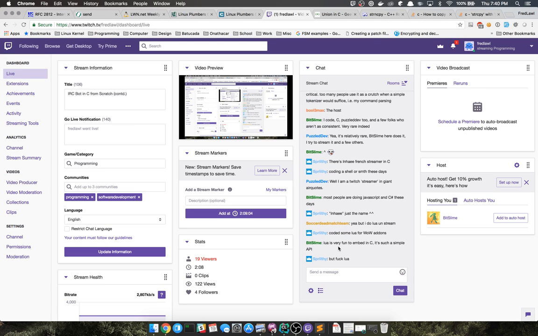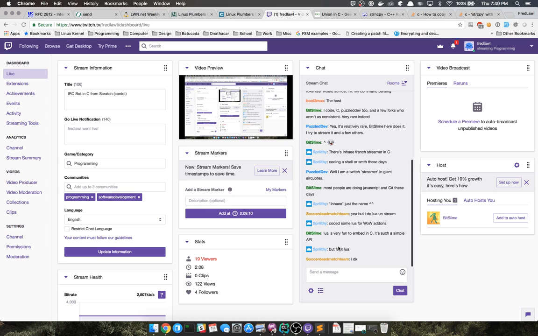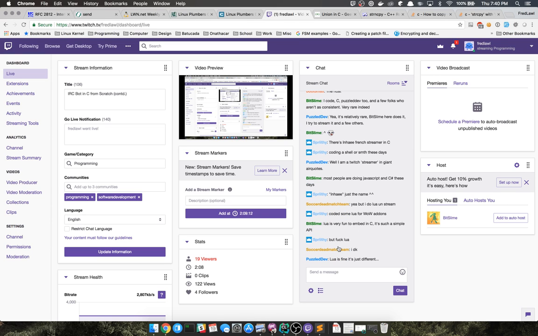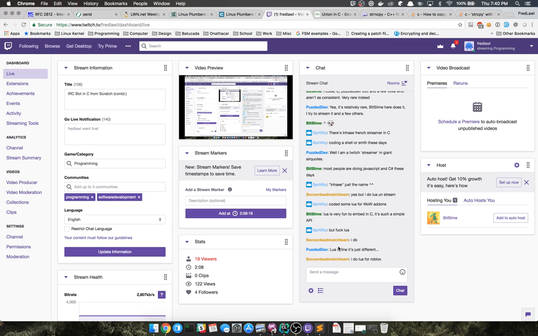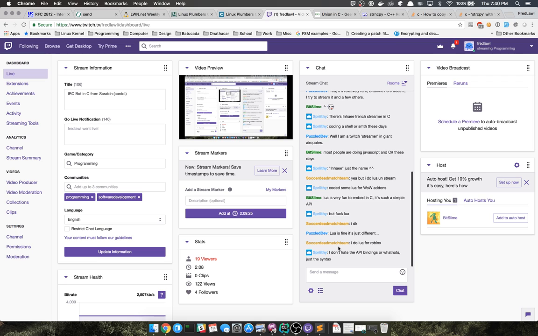It is a simple API. Why do you hate it? Sprithy, why do you hate it? Just different, yeah. It's a scripting language. Roblox. Is that like a Lego thing?